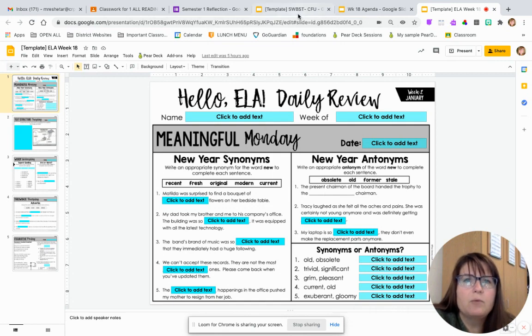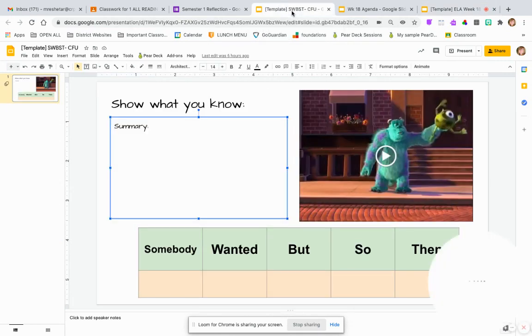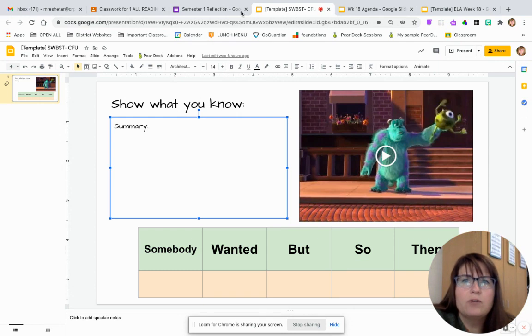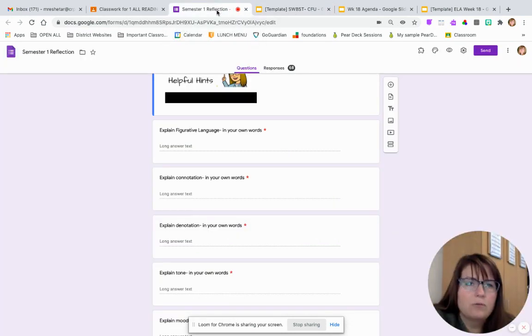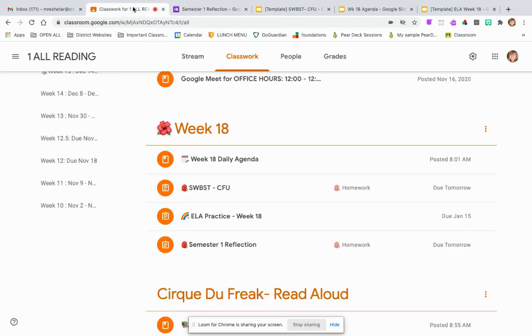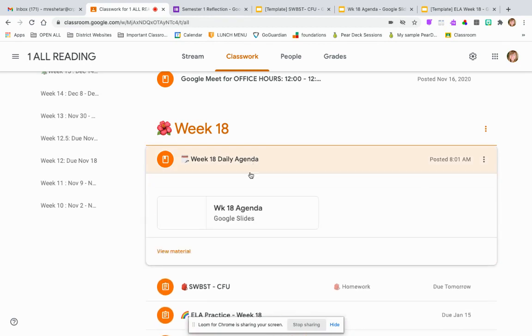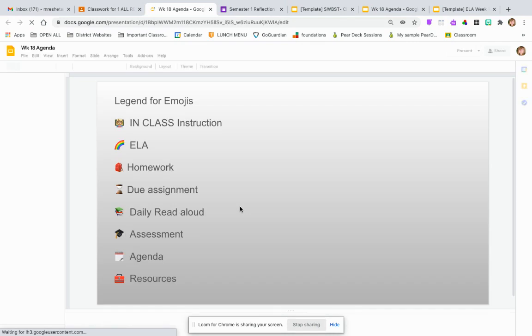So make sure that when you have your check for understanding completed, that you've turned that in, and your semester reflection, have that turned in. And again, you can find any of that right there on week 18. So when you are out, you just want to make sure that you're clicking on the agenda each day, and that should give you